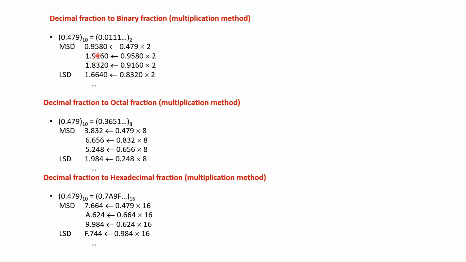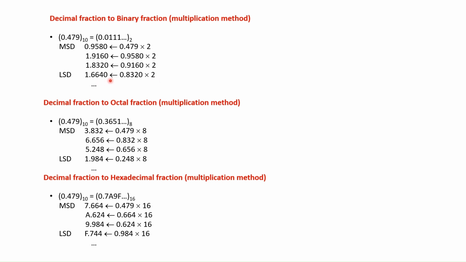So we are multiplying 0.479 by 2. We are getting the result 0.9580. Now 0.9580 is getting multiplied by 2, and it is giving 1.9160. Then 0.9160 multiplied by 2, the result is 1.8320. And 0.8320 multiplied by 2,